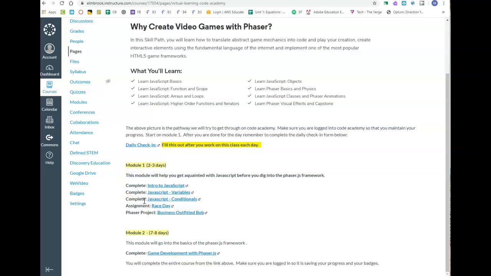Okay, so then after that, this one should be a little bit more straightforward. Then we're just going to go into a game development with Phaser JavaScript course. And it's just a beginner's course. It says it takes 9 hours. Again, you could probably go a lot faster than that. That's just kind of a general guideline. But if you click on this one,